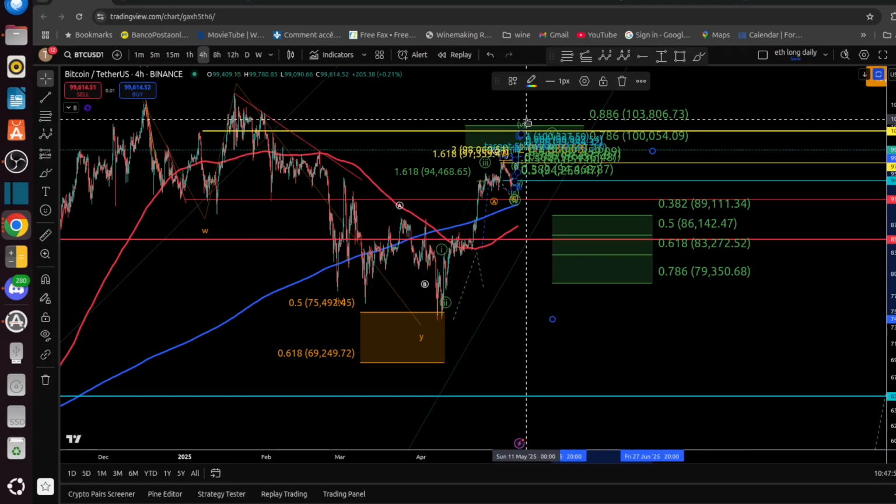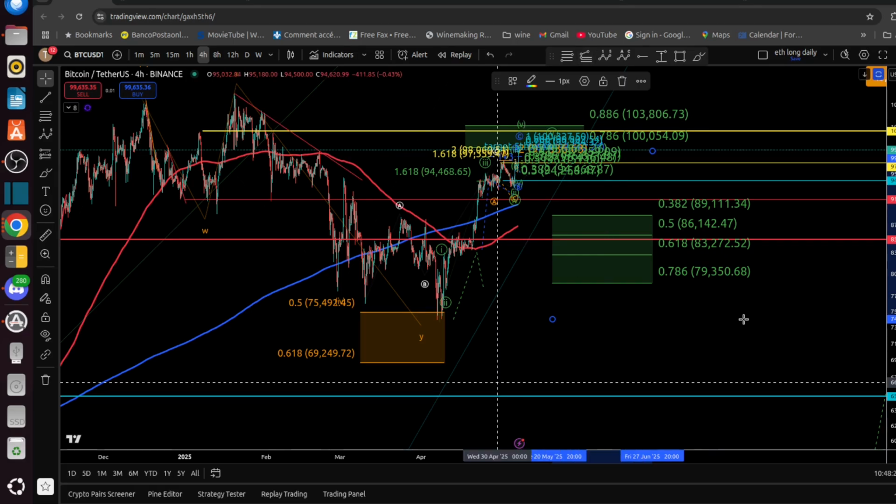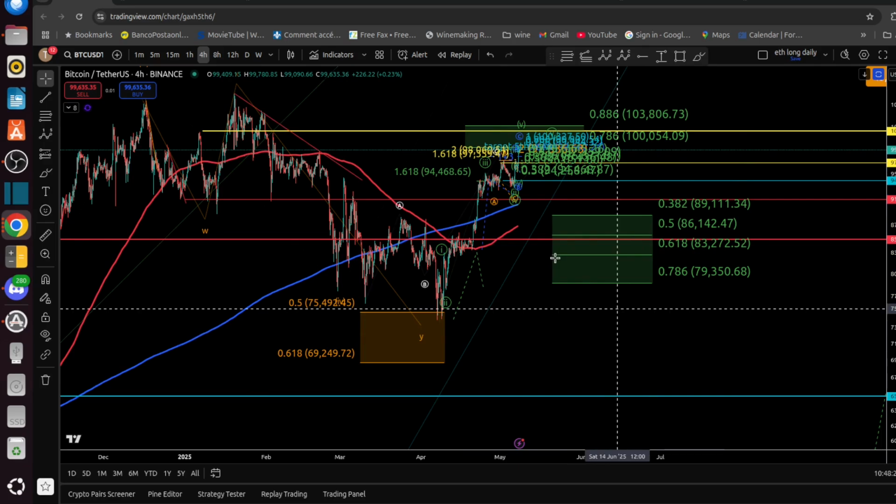We don't have any sign that this impulsive movement to the upside has ended. Micro counting, there are some people that still don't have the fifth wave. Me, I find I have. There are some theories that maybe this last leg could be counted as a diagonal, an ABC, and this would be just the A. Don't agree. Anyway, for the moment it's too early, so I'm not taking that option yet.